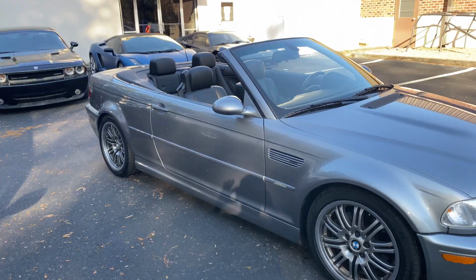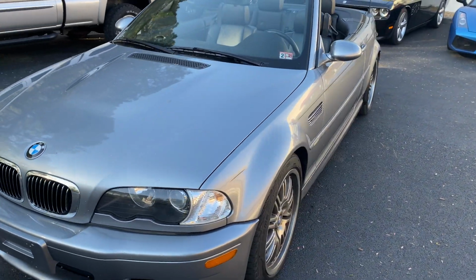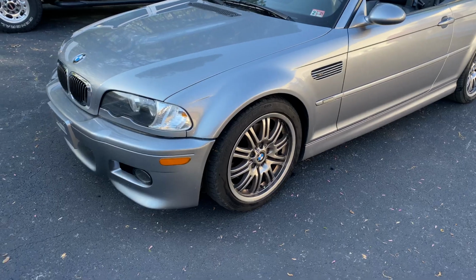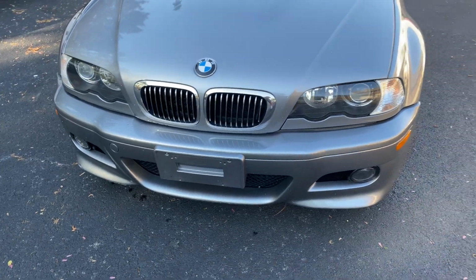This vehicle has not been detailed or anything by us yet, and that's why we're doing a pre-listing. It's getting ready to go in the shop tomorrow. We'll get a full paint correction. We are going to remove the front bumper and repaint it. You've got a couple little imperfections on the bottom, which is typical on these, so that front bumper is going